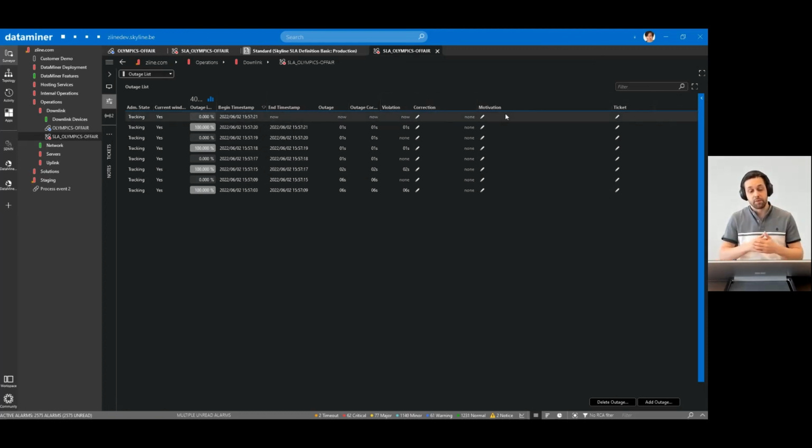DataMiner and its SLA capabilities are designed for multi-vendor infrastructures built on top of dynamic service technology and allow you to track real-time SLA data, manage internal and external services, suspend tracking based on events and schedules, and leverage comprehensive violation history and statistics. We have a full in-depth SLA course on our Open Dojo community, so do visit,